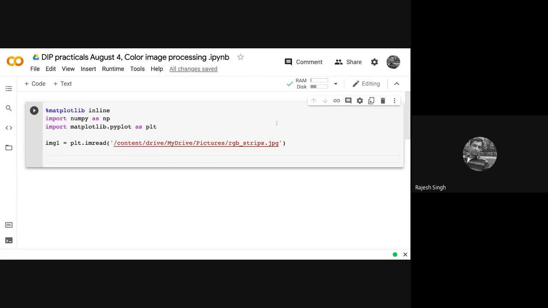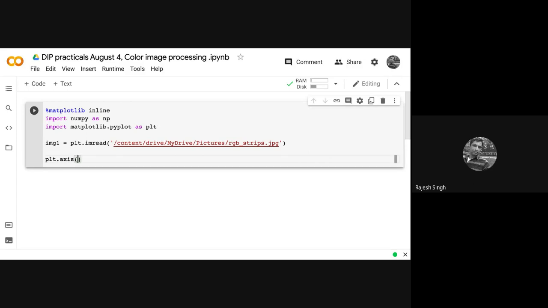Now we can go to another command by which we will try to display this image on the screen. Before we display, you know that plt is basically used for plotting. It will show the axis by default unless you switch it off.